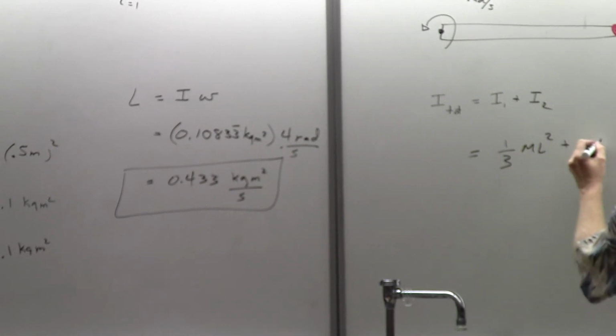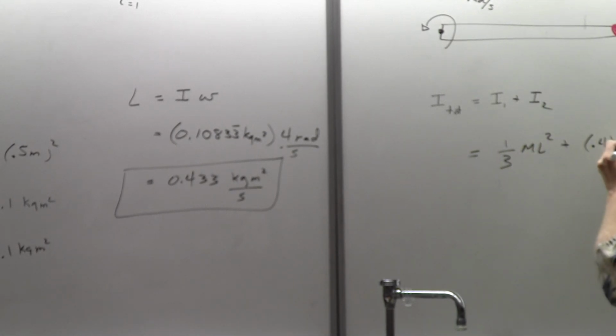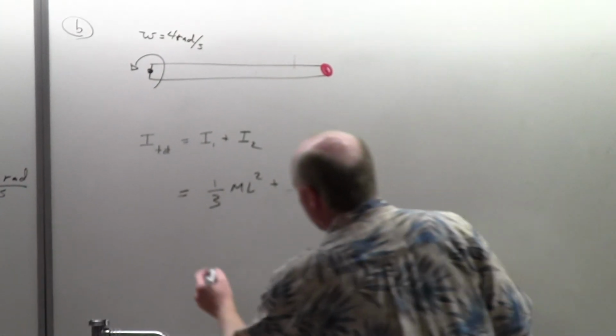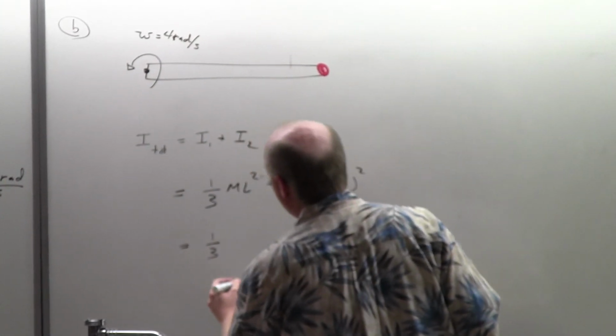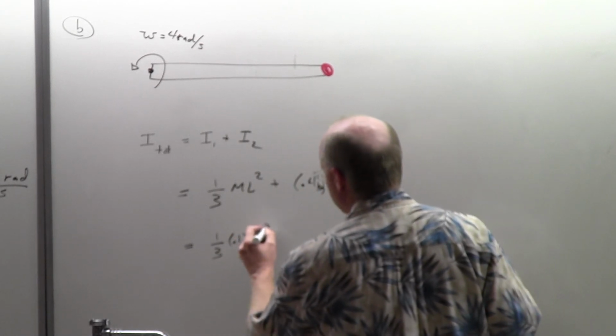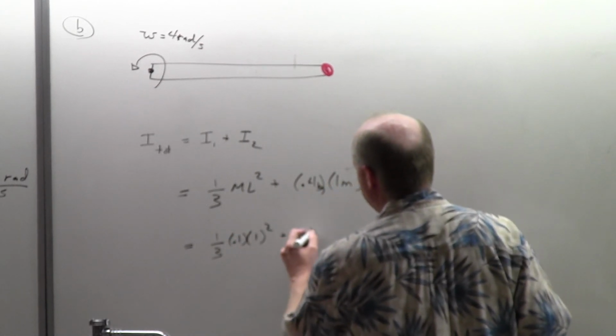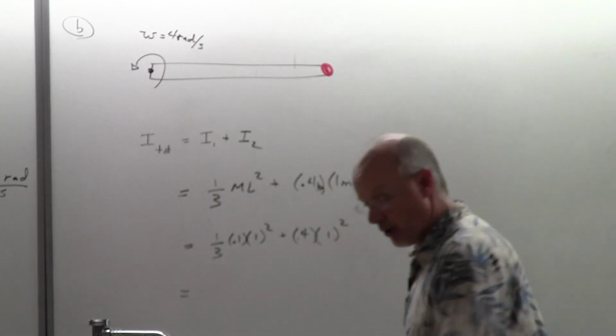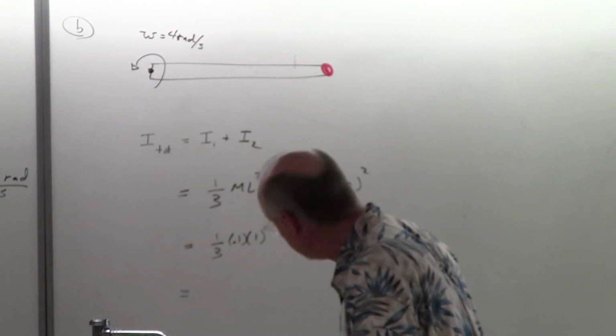The blob is still 0.4, but I'm also hoping you remember or see that it is now a whole meter away. And so when I put in my numbers, I go 1/3, I go 0.1, I go 1 squared, I go 0.4, I go 1 squared, and so this is, let's see,